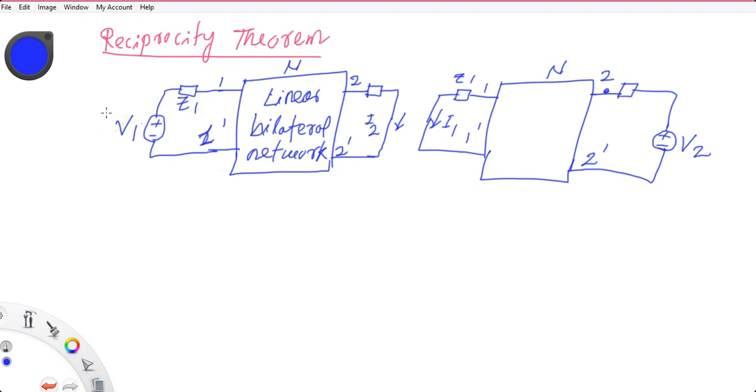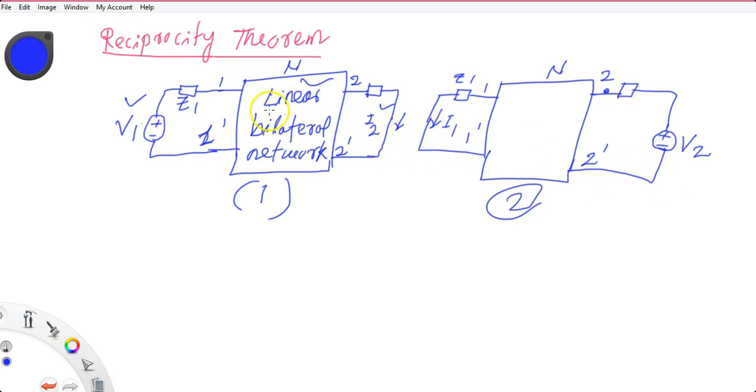Next we will discuss the reciprocity theorem. It states that in a linear bilateral single source circuit, the ratio of excitation to response is the same when the positions of excitation and response are interchanged. So you can see the linear bilateral network. We have connected a voltage source V1 and we measure the current here, that is I2. Scenario 1. And in scenario 2, same network,